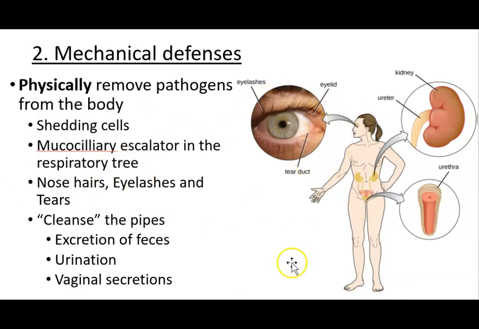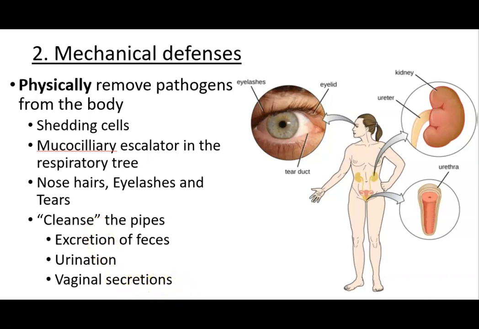And remember, when you look at this idea of tears, those are going to drain down into your nose. When you cry, you get that runny nose because those things that are landing on your eyeballs are getting washed off by your eyelid, and they're ending up over here, and they work their way down into your nose there. We can also look at not only tears to clean things off, but